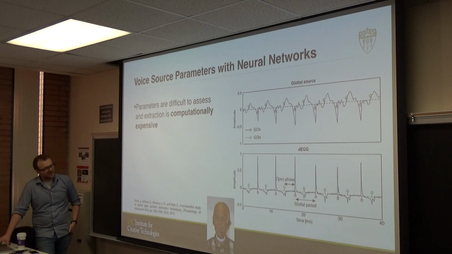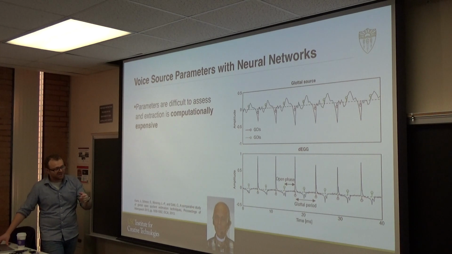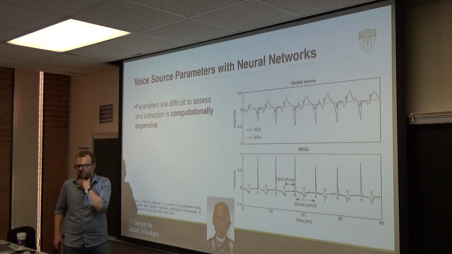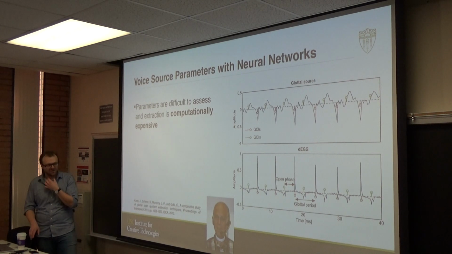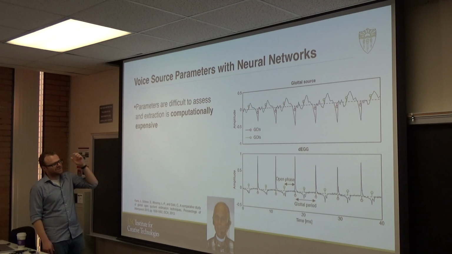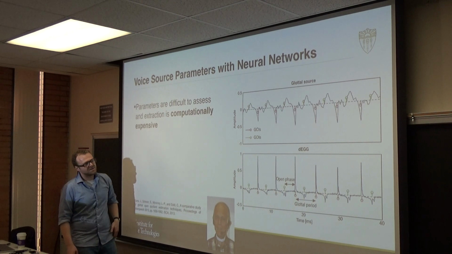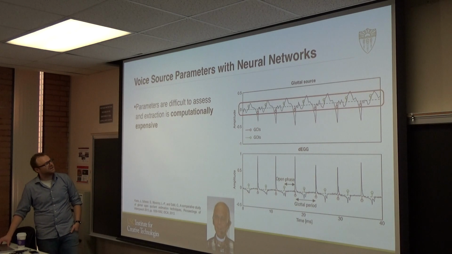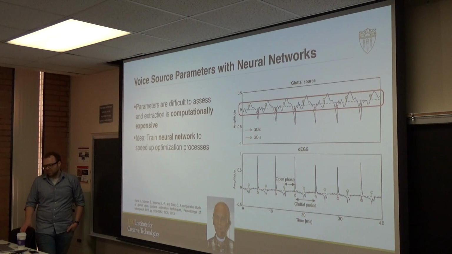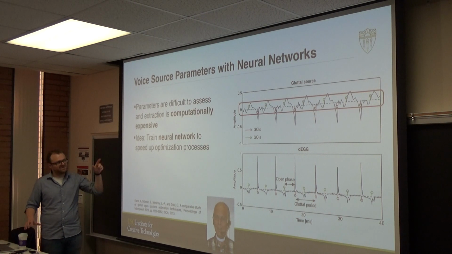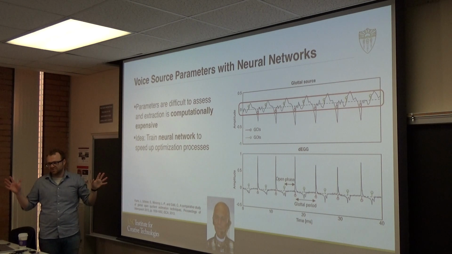In the past, people have gone through a lot of effort to identify this. They have used, for example, electroglottographic evaluations, where they use sensors at the throat to identify these pulses and to measure how the voice quality changes. But we wanted to bring machine learning into this process, because this is very complicated and it takes a lot of time.